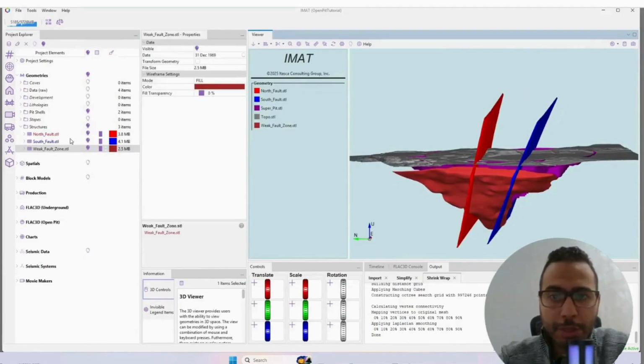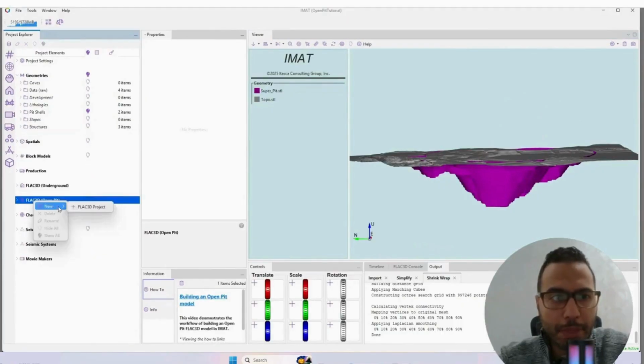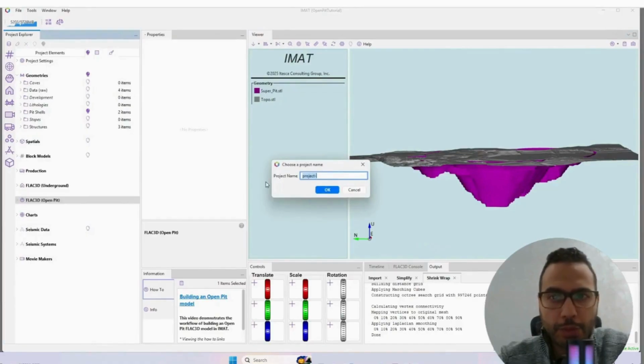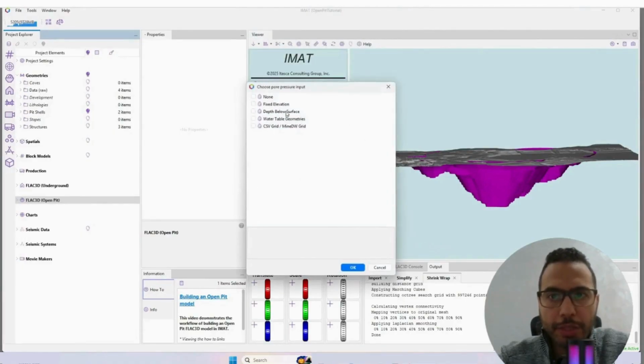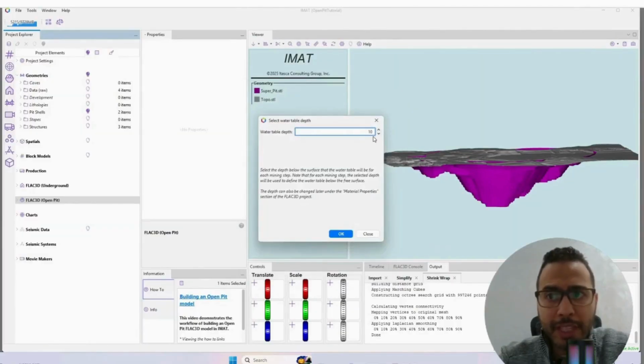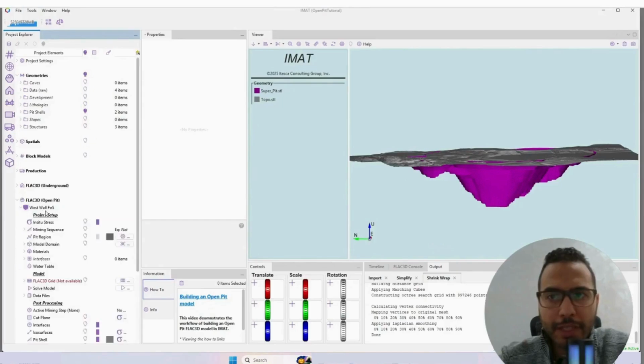The geometry looks good. Now let's go ahead and build our Flac 3D pit project. So let's name it West Wall Factor of Safety, and click OK. We will use the depth below surface for the pore water pressure calculation, and we will select 5 meters below natural terrain. When we click on the project settings, we get this window,